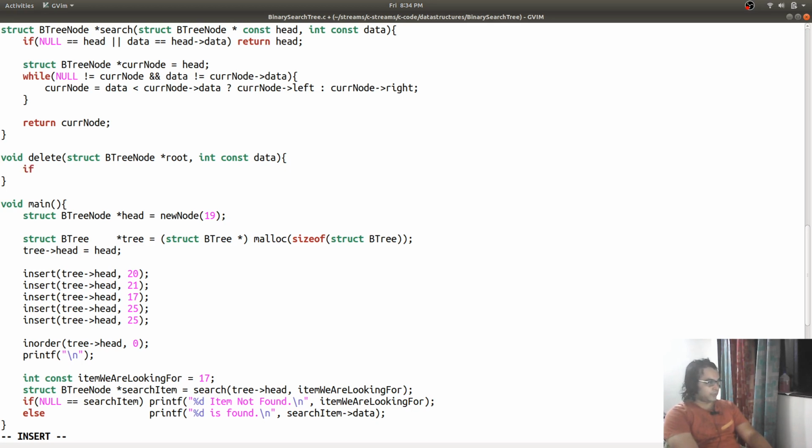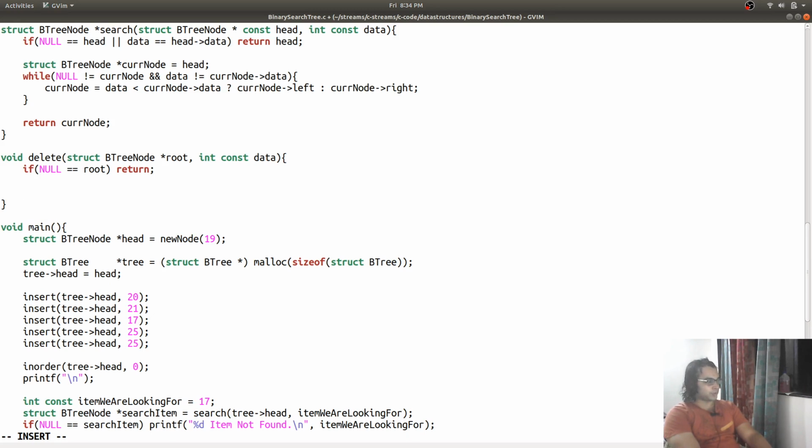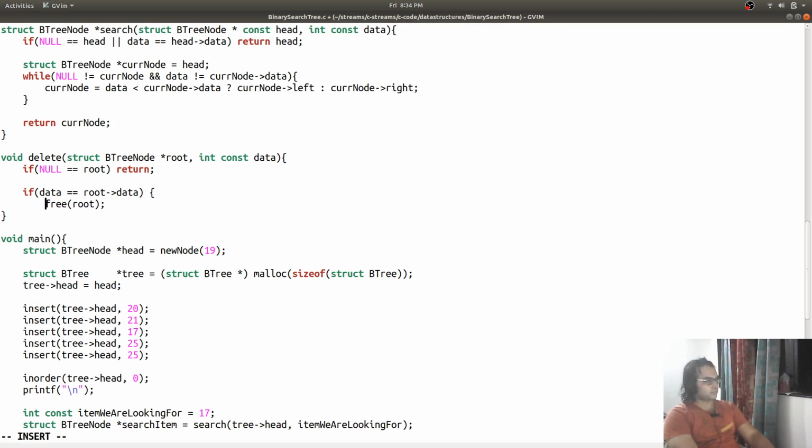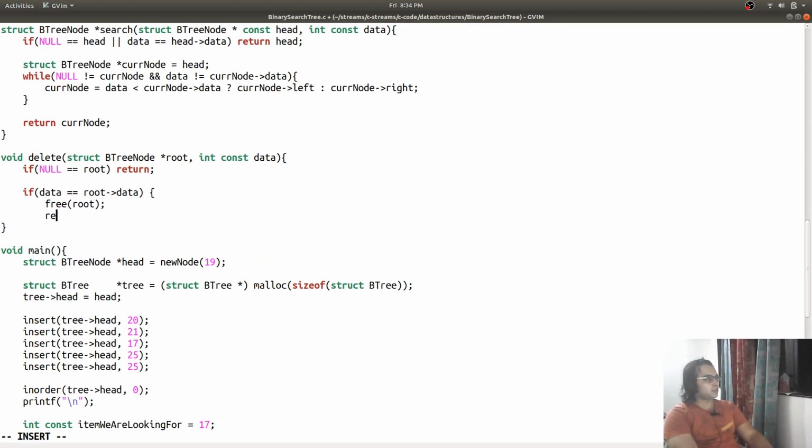In the case that root is null, we are just going to return, because there is no operation that needs to be performed. And if data is equal to root data, you are just going to free the root and return.